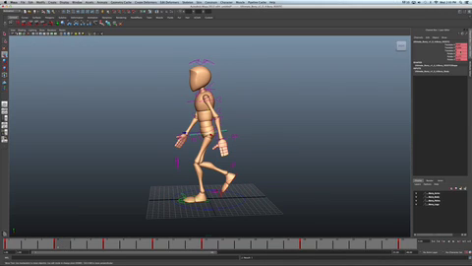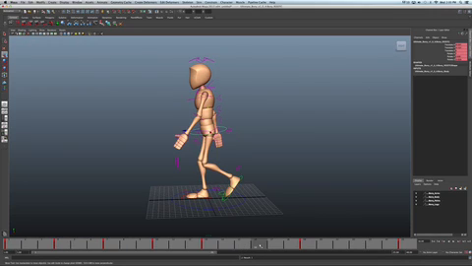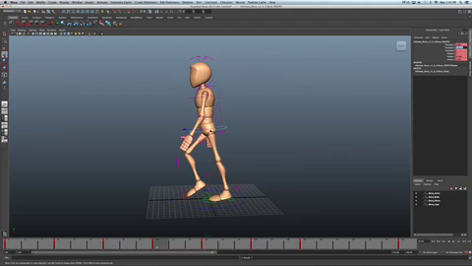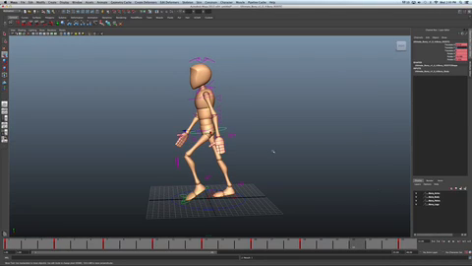So frame 4 is 0.255. So at frame 16 will be the low point as well on the other side, minus 0.255. And then at frame 10, translate y is minus 0.035. So at frame 22, again, the high point will be